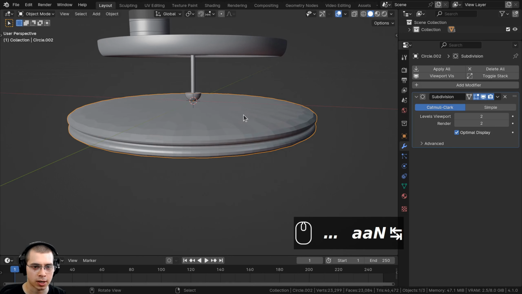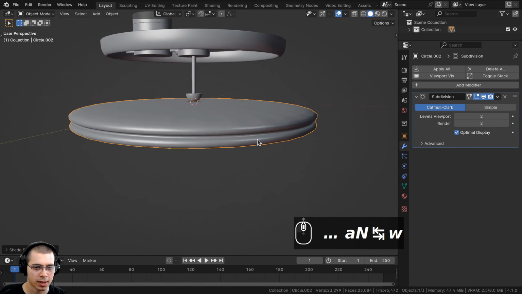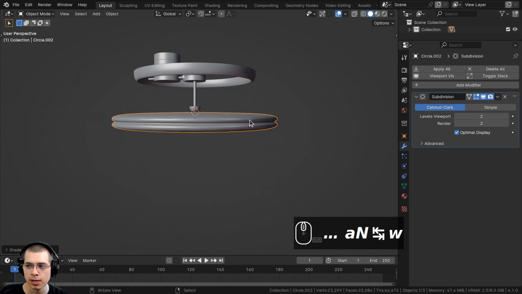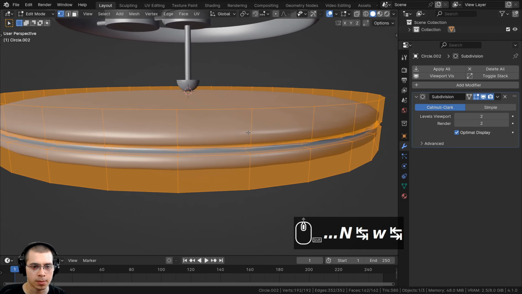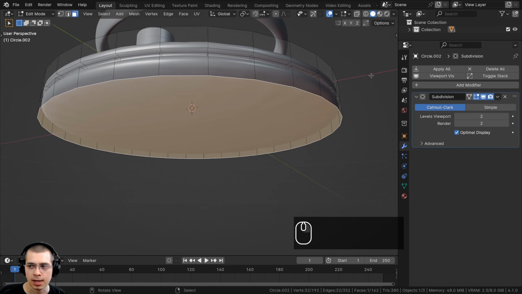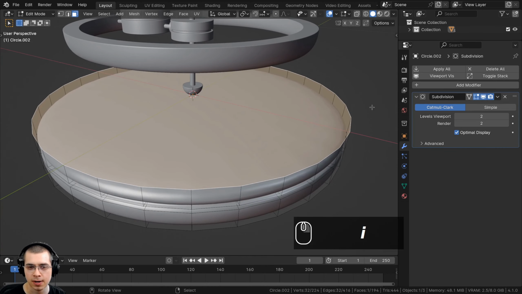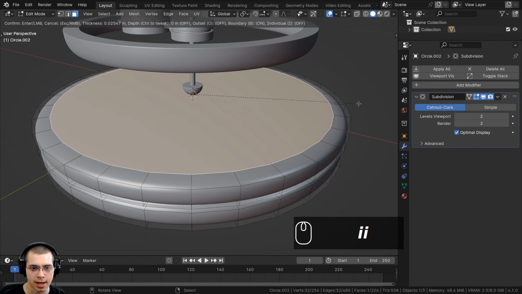All right, go back to object mode, and I'll use the object context menu and shade the object smooth, and then I want to add some loop cuts to kind of sharpen up the edges. So I'll go back into edit mode, and I'm going to click here to go to the face select, and I'm going to select this bottom face, and I'll hit I to inset, and we'll just inset that face there. Select this face here, and I'll hit I to inset and inset that face there.